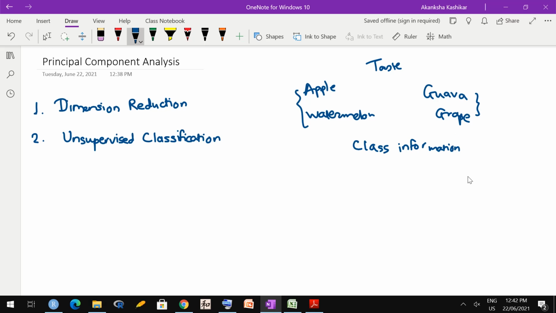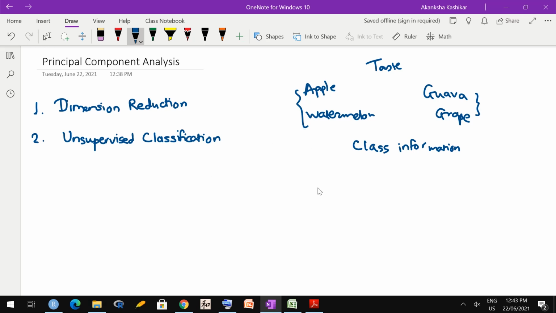Okay, whereas PCA I said is used in unsupervised classification. Now what is an unsupervised classification? In unsupervised classification, classes are not given. Only the data is given, only the objects are given. It's up to you. So you can decide using the data. Data means here the variables on which the information is available. You will try to find if naturally there are some classes in the data. Okay. So you will have information on some variables.